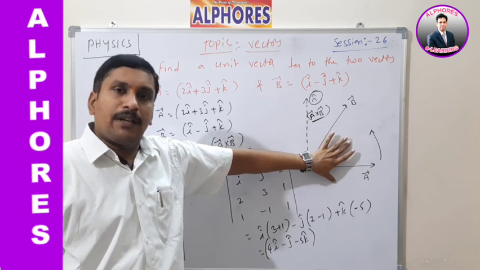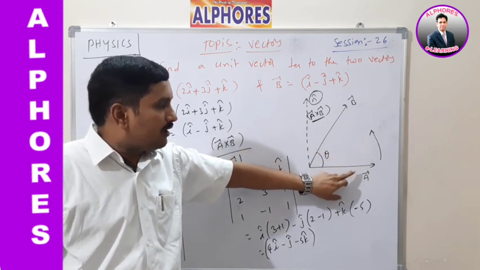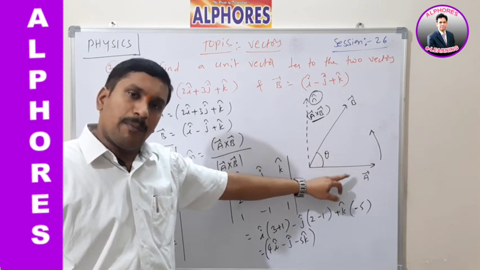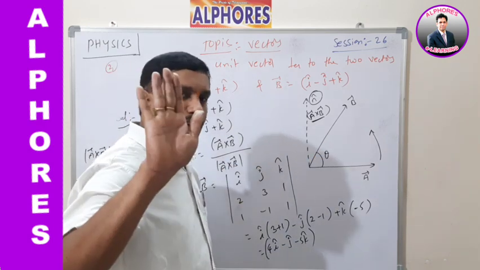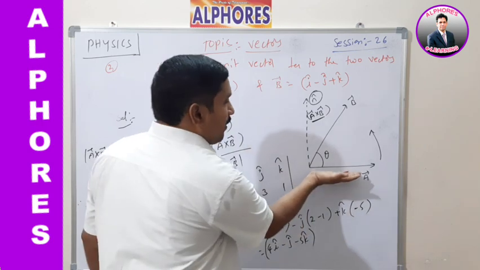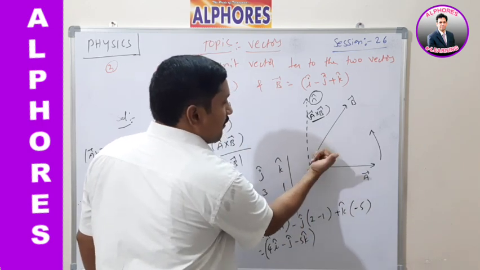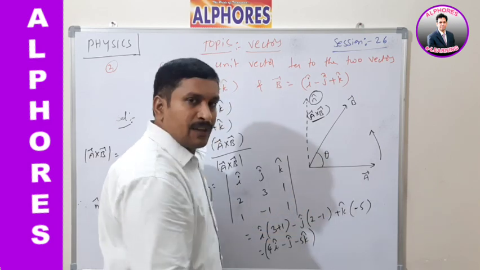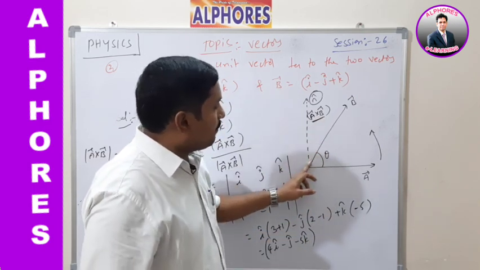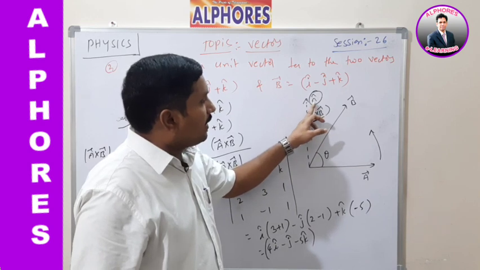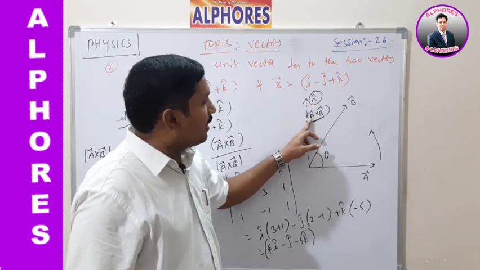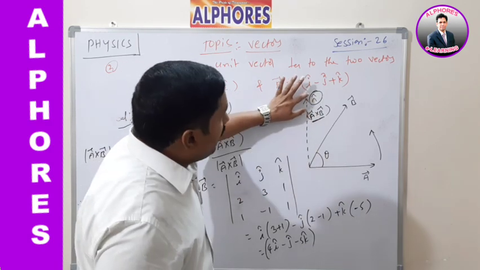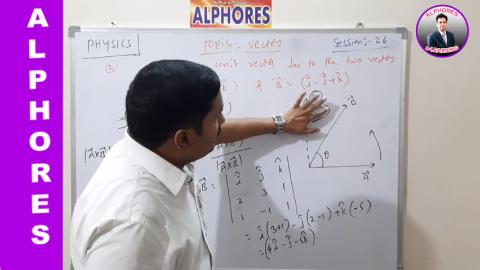According to the concept of the cross product of two vectors, if you know the two vectors a bar and b bar which are inclined at a certain angle, then in order to find the direction of a bar cross b bar, according to the right hand thumb rule, rotate the four fingers from a bar towards b bar in the anti-clockwise sense. The resultant is in the positive z direction, perpendicular to the board. So a bar cross b bar is perpendicular to the board, and n cap is also in the direction of a bar cross b bar according to the definition of the cross product of two vectors.